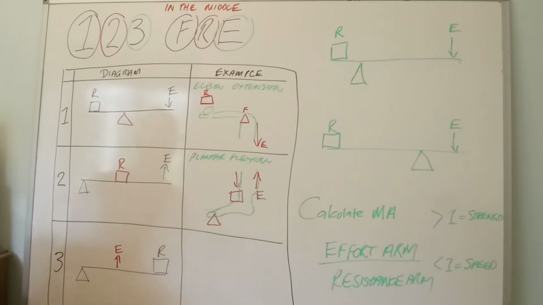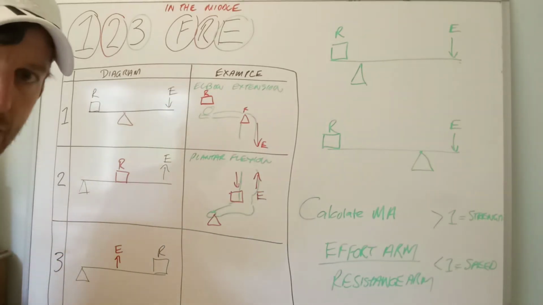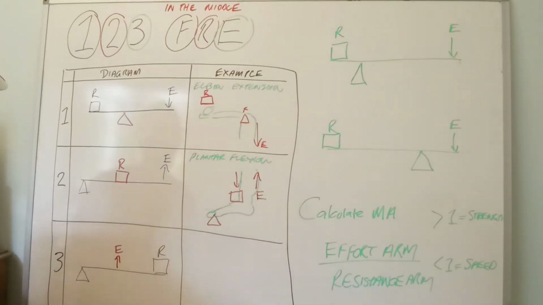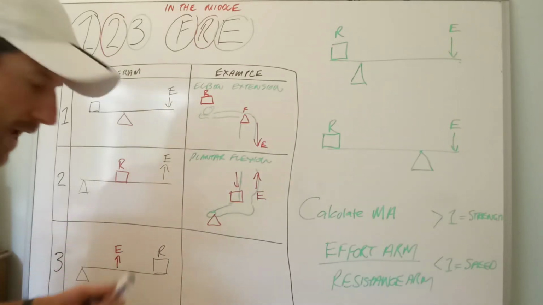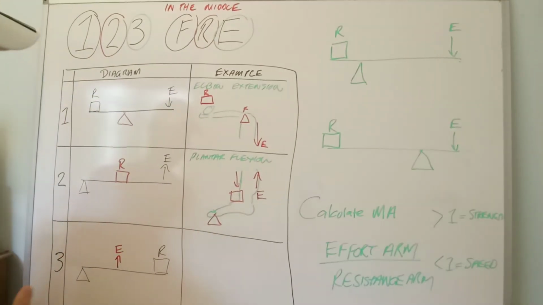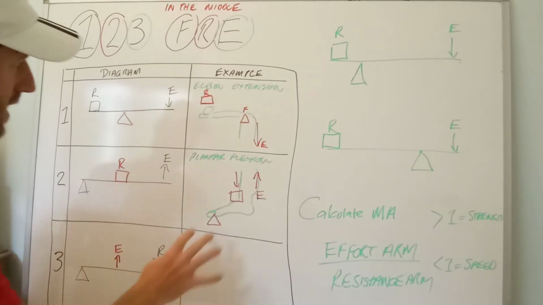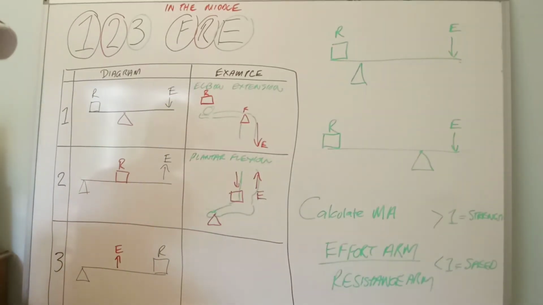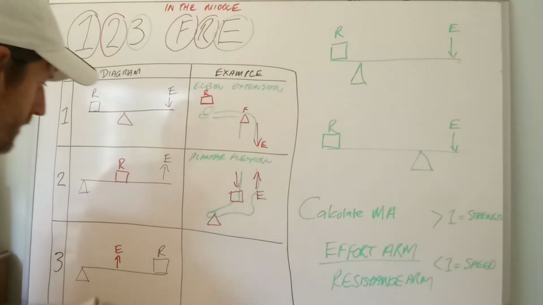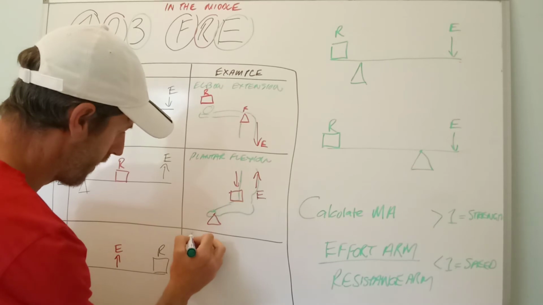And then finally we have a class 3 lever system, where you have most other actions in the body. So the previous ones are quite rare. The rest of the actions in the body are at the elbow and the knee, and generally they're third class lever systems. So a third class lever system example would be elbow